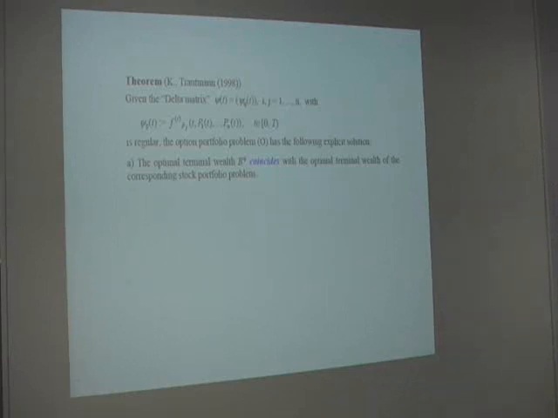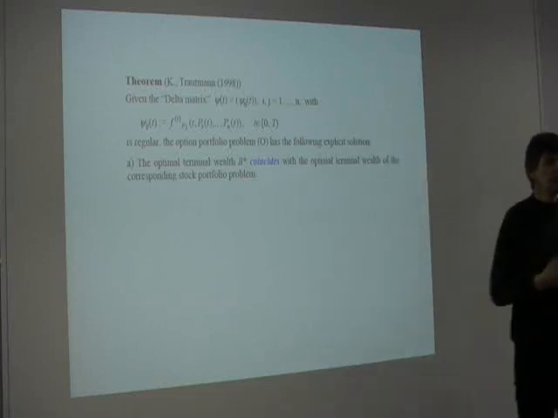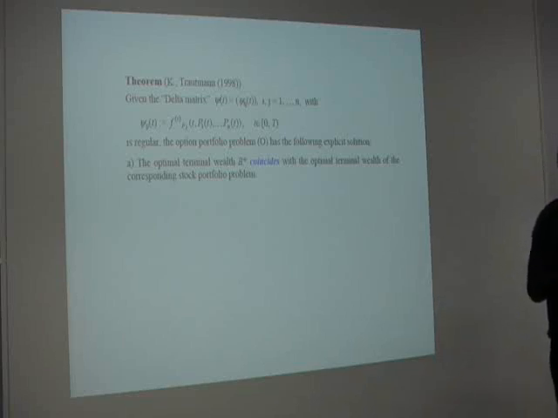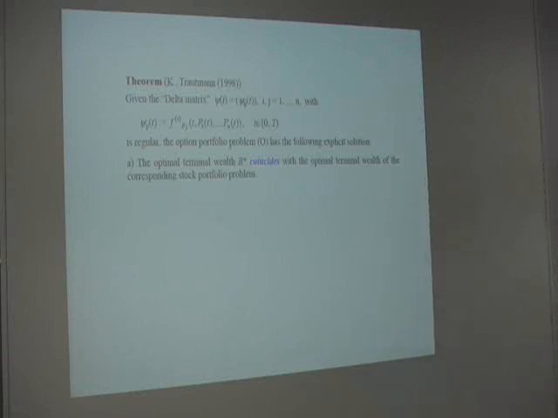Because I told you about leverage effect and all these strange things. But on the other hand, why should it be different? We are maximizing the expected utility from final wealth. Given that we are in a complete market, we know that how we get there doesn't matter. We know it's the final distribution that counts. So if this matrix here is regular, the randomness that is in the market, in the stock market, is totally preserved by changing to the options. So the optimal terminal wealth is exactly the same. However,